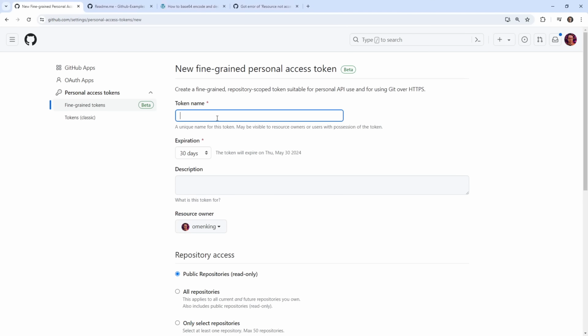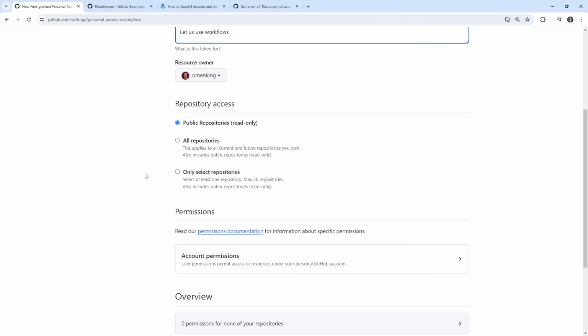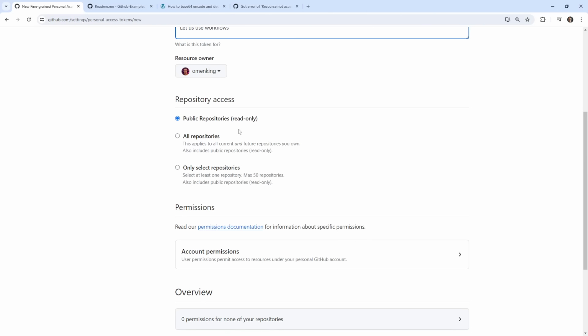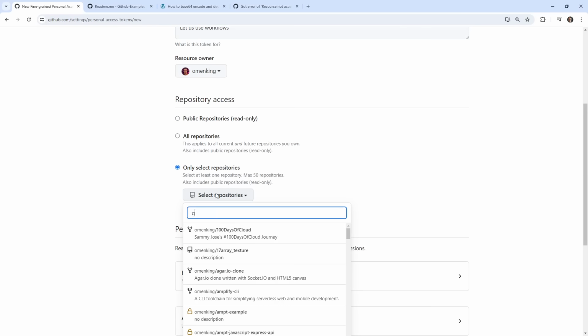All right, so we'll have to create a token. This will be for workflows. Workflow token. I want this to expire literally tomorrow. Whatever the date is, we'll say tomorrow. Lets us use workflows. And so yeah, public repos, read only. I'm going to say for only select repos. This will be for the GitHub